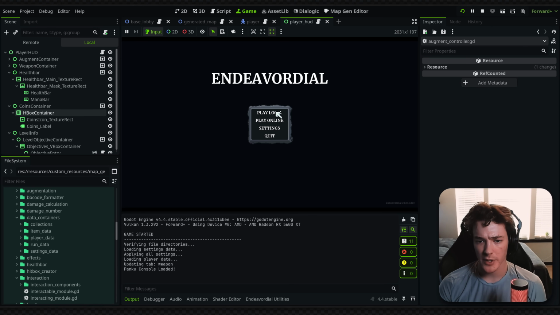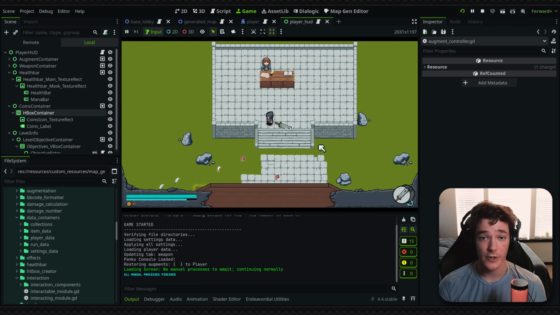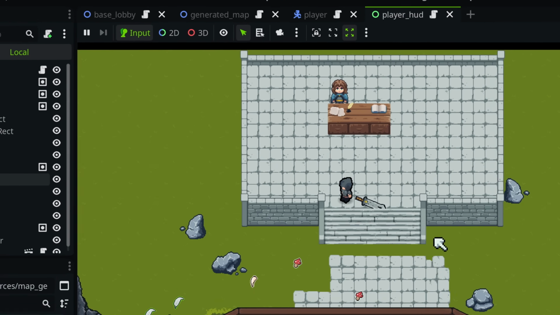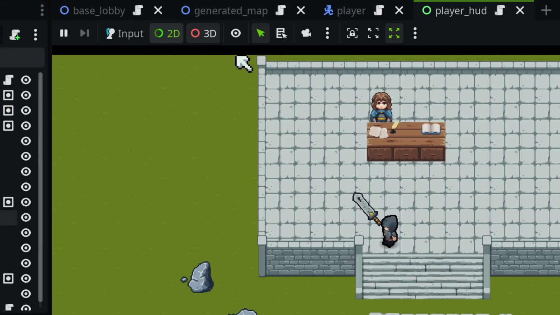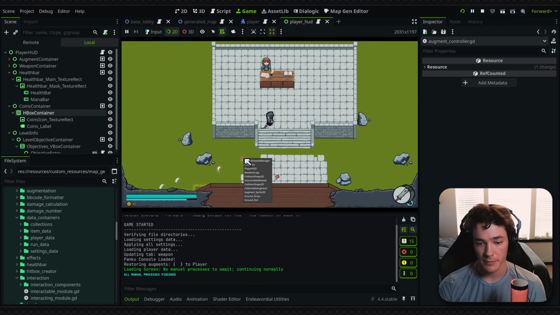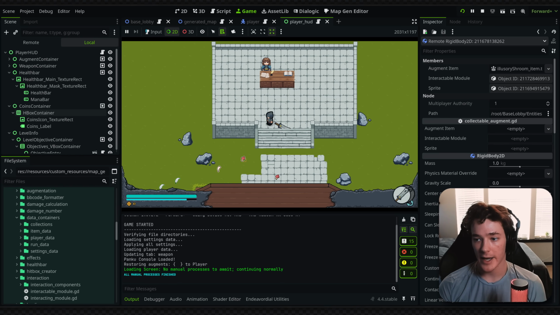And most of you probably already know about this, but another really cool feature that kind of goes along with this is if you switch to the 2D input mode, or it would be the 3D if you're in a 3D game, and then go to this list select, you can basically click anywhere in your game and it's going to pop up a list of all the nodes that are at that position. So in this case, I want to select my little mushroom item there, and it's going to be this collectible augment. And it's going to select it in the inspector, which you guys don't understand how huge this is,